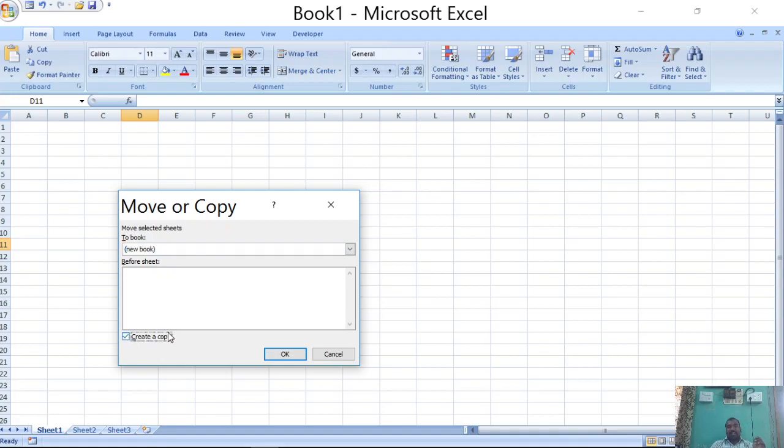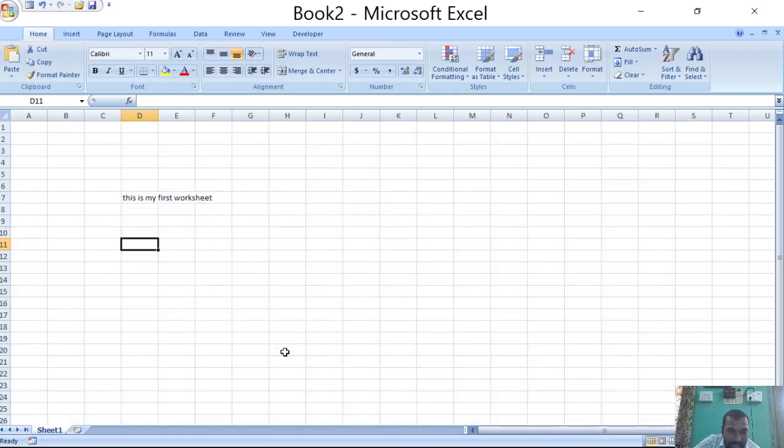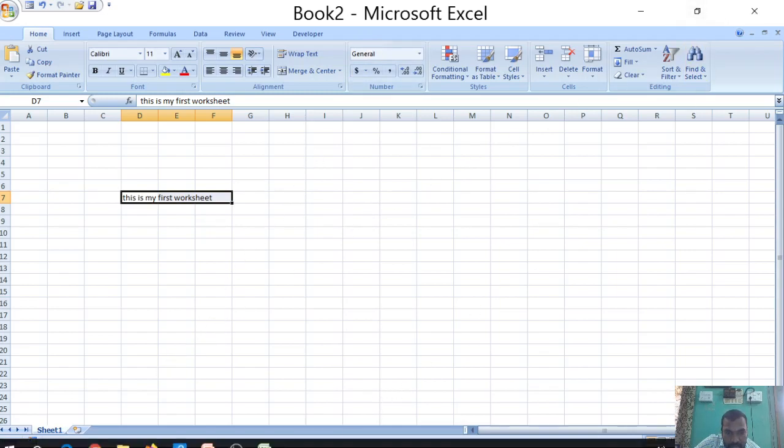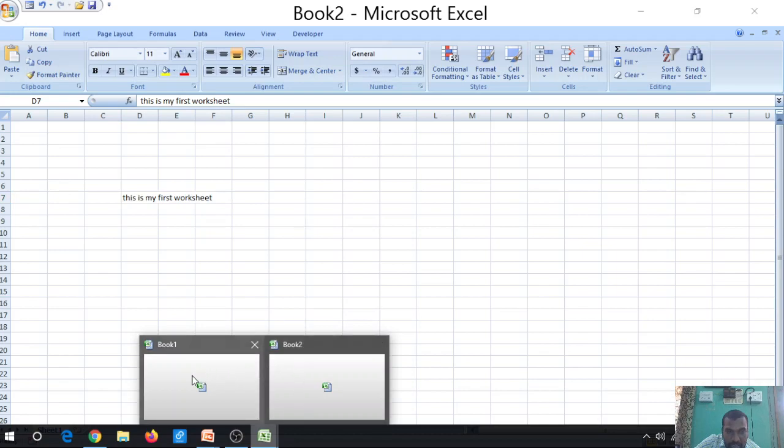In the previous case I did not use this command. Now I am choosing this Create a copy command and click on OK. Book2 will be created with Sheet1, and whatever message I have written will be saved as a separate book, and move on to Book1.